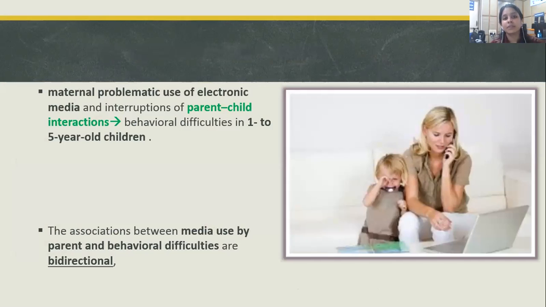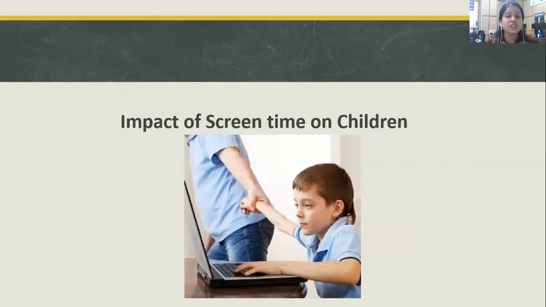So problematic use of electronic media and interruption of parent-child interaction will actually have a huge impact on children from the age range of 1 to 5 years, and this can be a bi-directional situation, because when a child who is having behavioral problems is exhibiting a lot of tantrums, the mother might get frustrated at one point and want to spend their time by using any of these devices. The opposite way of thinking about it is, maybe too much usage by parents leads to low responsiveness that can impact the child by causing behavioral difficulties. So some of the most common impacts of screen time are